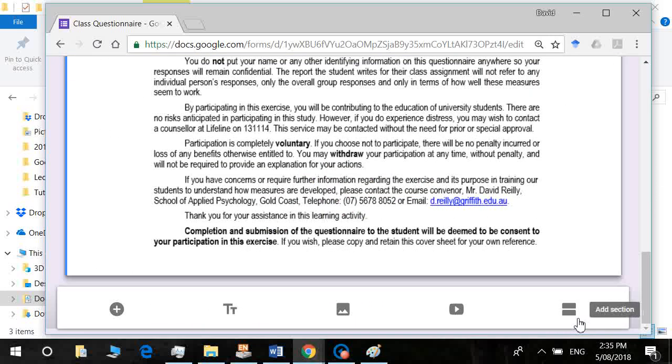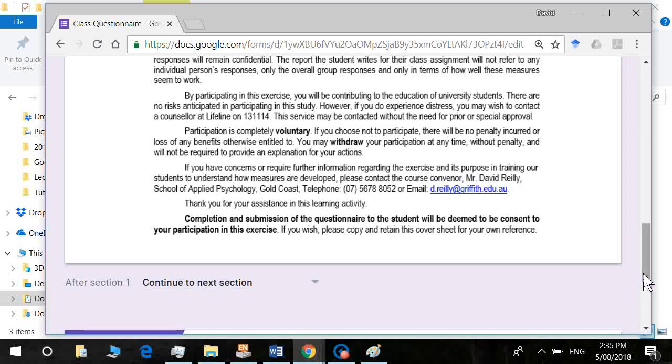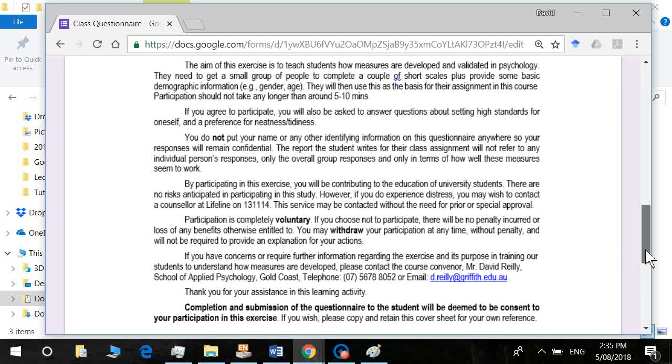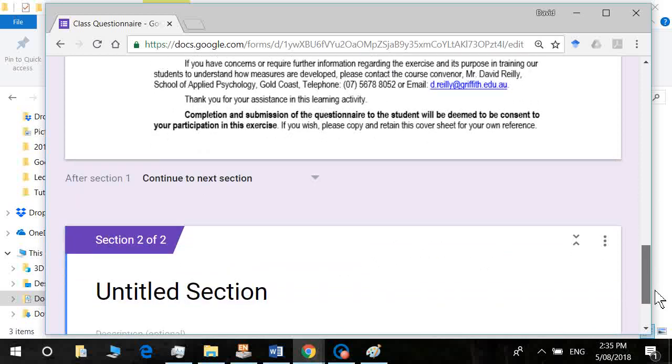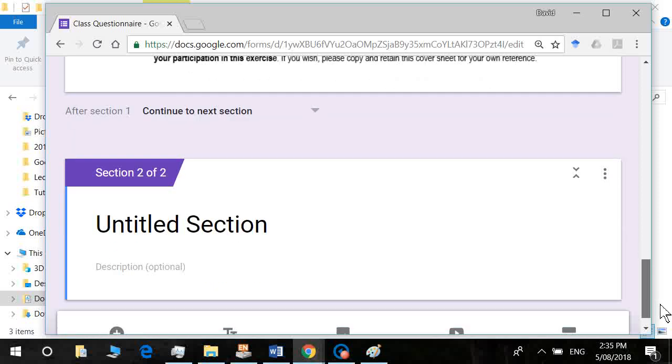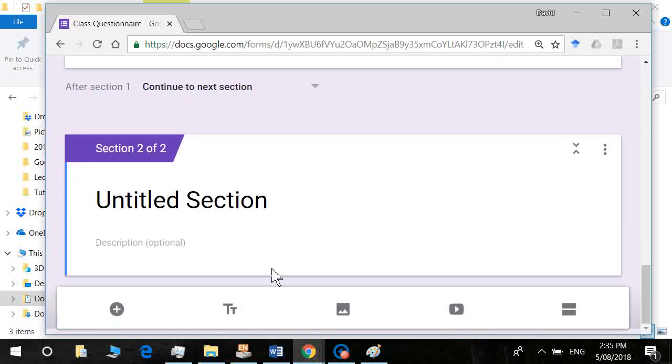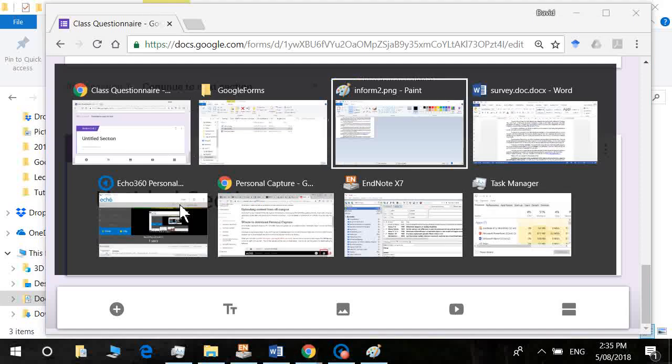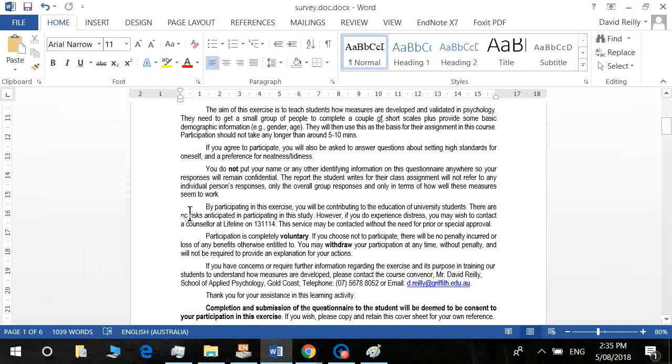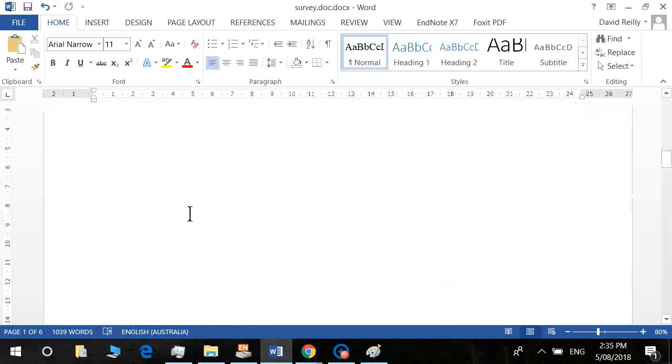is click on this button here that says Add Section. So that takes it to a section, by the way, in Google Forms means a page. So it'll take it to a new page. So they'll read through the information sheet first, and if they choose to proceed, then it's deemed to have informed consent. Now for this section here, I'm going to go to my scale, the second page here,